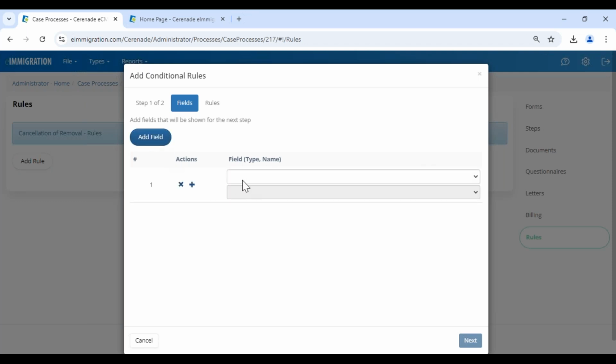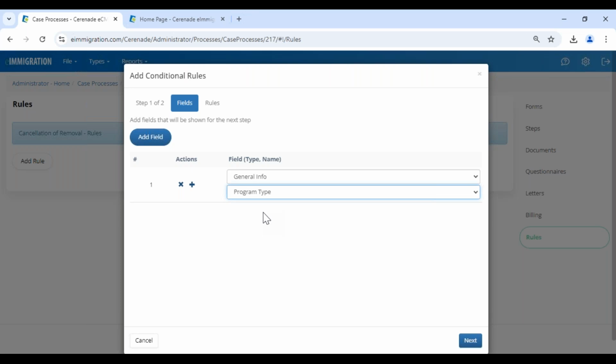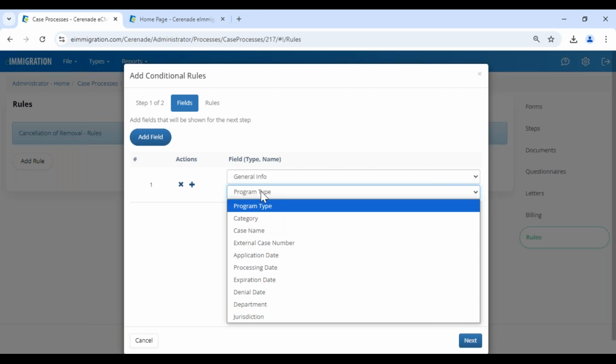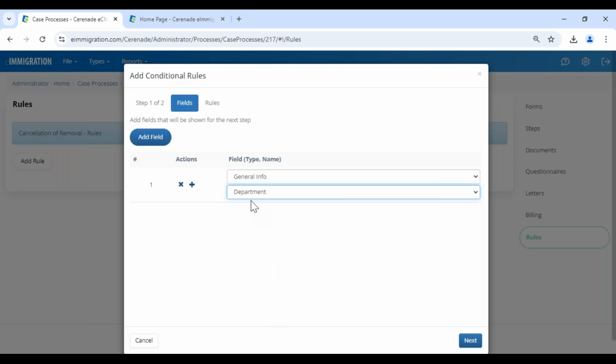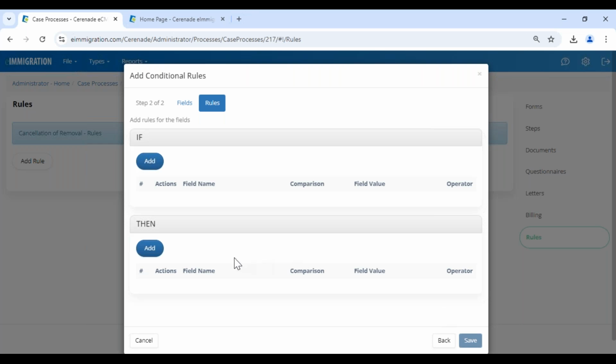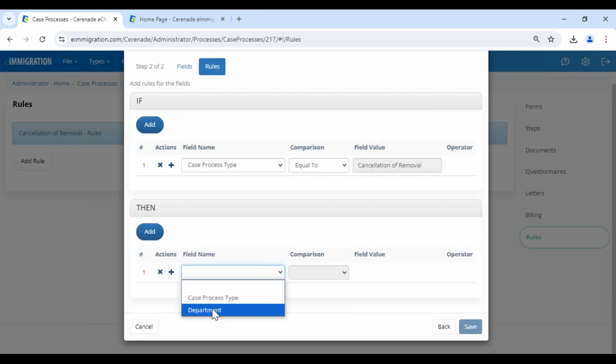So you're going to add the field, and you can select, for example, the program type, it should be a grant, it should be a status, or if the jurisdiction is this, or if the department is this, so you can customize that and you can add as many fields. This is what I was saying. If this, then this. If my process type is equal to cancellation of removal, then the type of